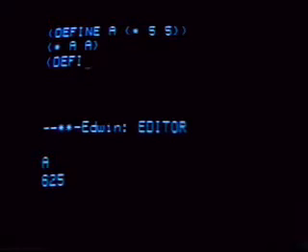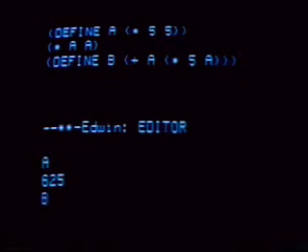I can define B to be the sum of A and the product of 5 and A. Close the paren, closes the star, close the plus, close the define. Lisp says, OK, B, there on the bottom.